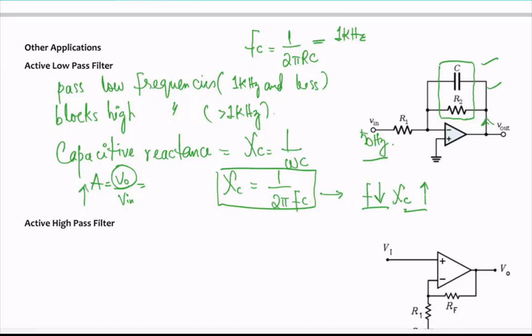Similarly, when the frequency increases, the reactance is going to decrease. Therefore, a lot of the signal at the output is going to go past this block, which is going to offer less resistance this time, and therefore the gain is going to go down because this V naught is going to be smaller. Okay, so